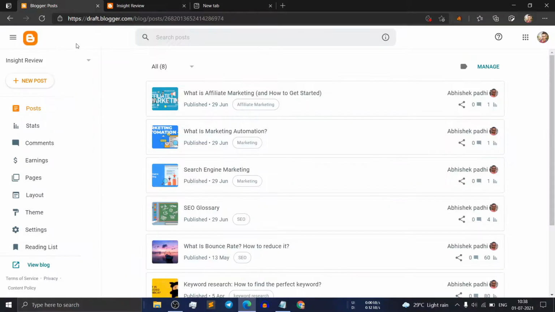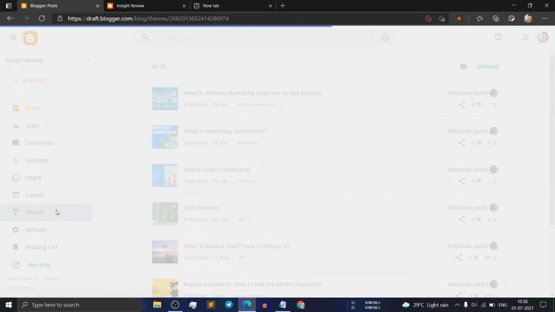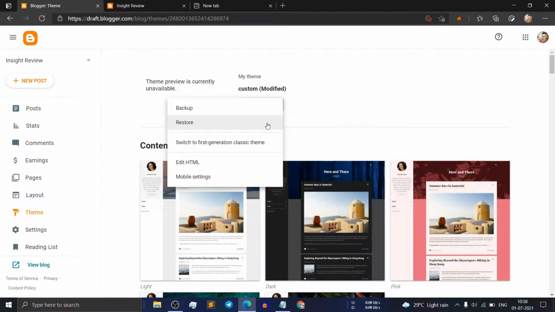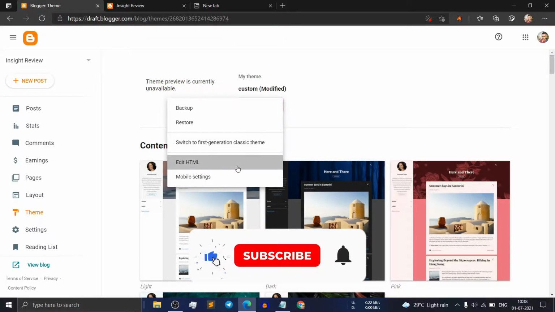So go to your Blogger dashboard and here click on Theme. And before changing anything, make sure to take a backup of your theme, so that you can easily restore it back to the original if you don't like the method or if you have any error in the process. So let me just click on Edit HTML,